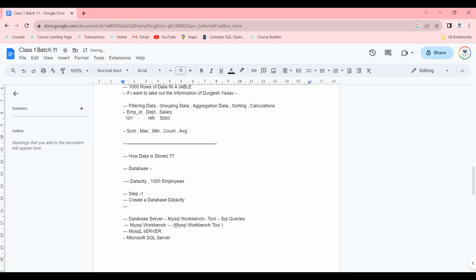So if you are downloading MySQL Workbench for writing your SQL queries, you first have to download the MySQL Server. So a server is a place